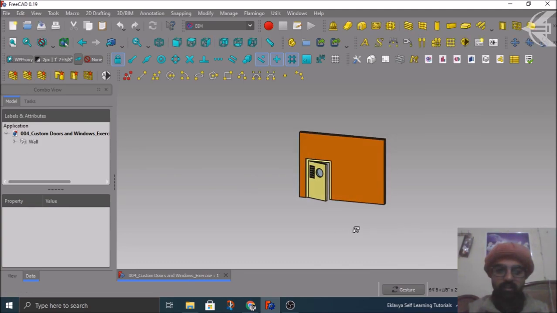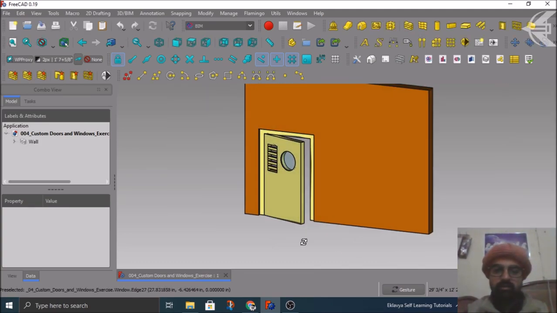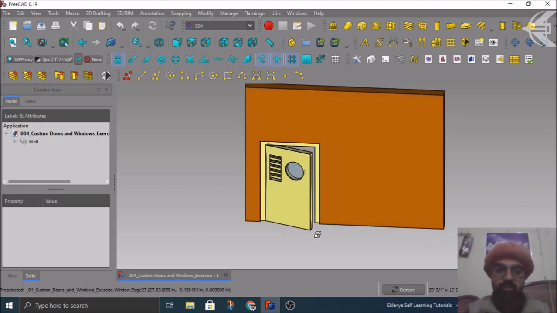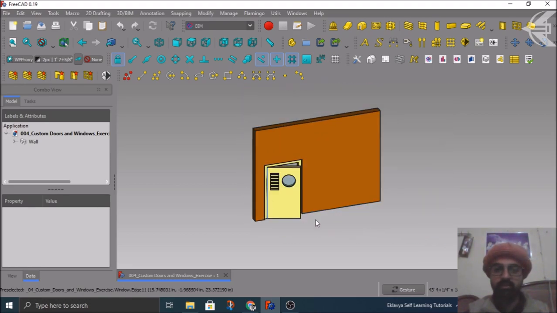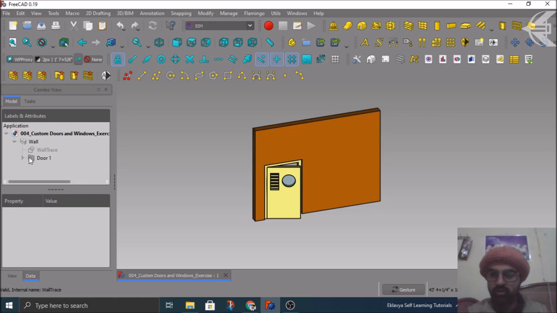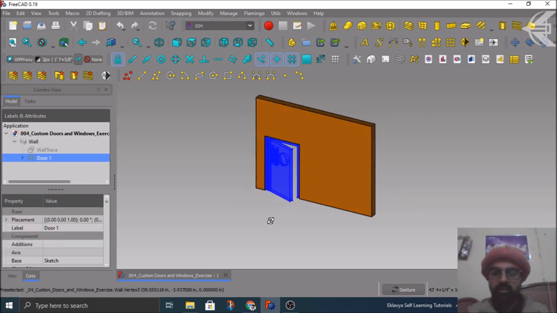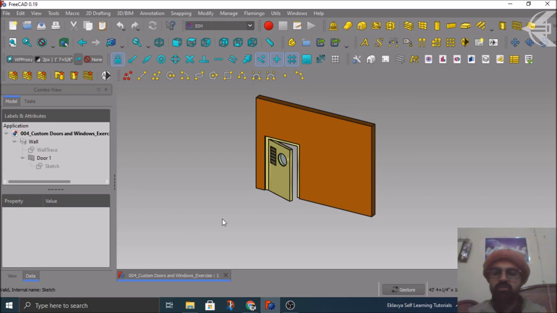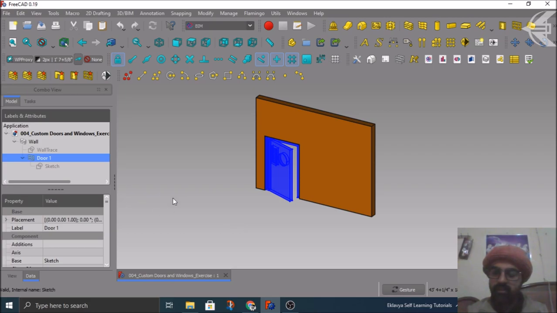So you can see here we have a custom door which we built in our last tutorial. So this particular object we'll be reutilizing in some other project. So for that, simply what you can do is expand this wall and you can see this door here. If you see clearly, this door has a dependency called sketch. So what you need to do is copy both of them, or simply you can click on the door and press Control C,